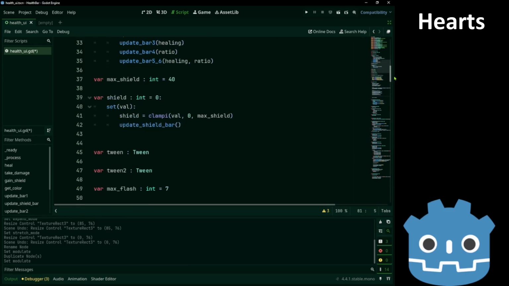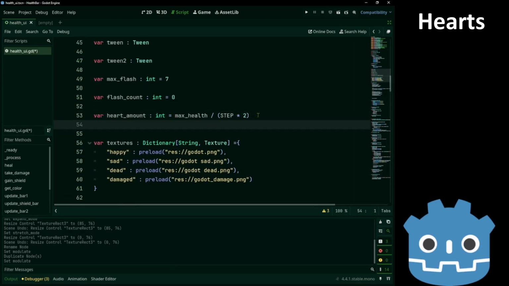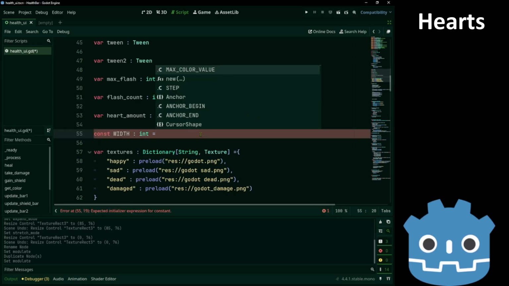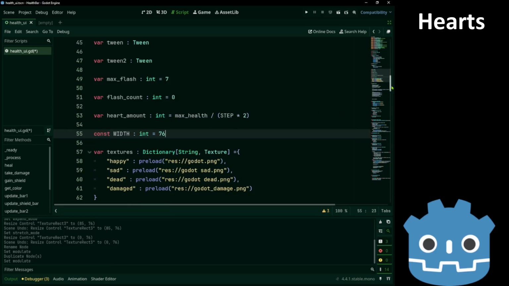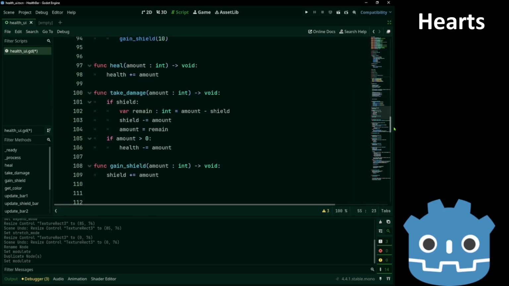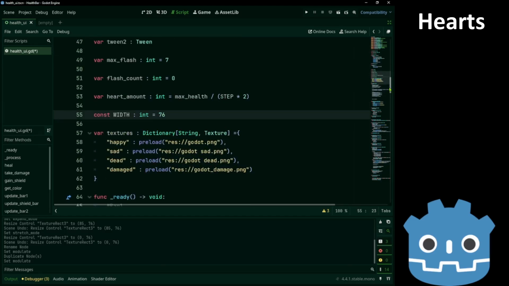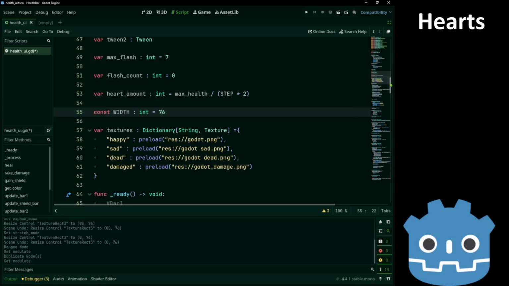We also need the width. Now the width of this image was 76. You want to pick a number that can be divided by 2, so that you can use half a heart as well.